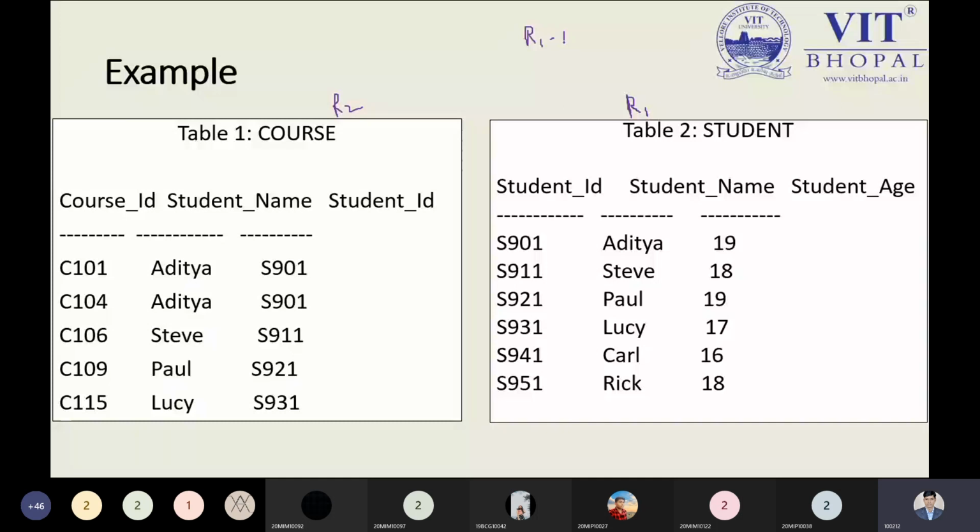The first relation is student and the second relation is course. So what do we have inside the student that does not belong to the course? From this perspective you can see Aditya is available here. Yes, Aditya is available. And Steve is also available here, yes, it is available.